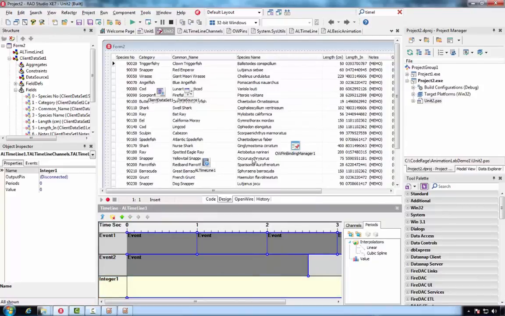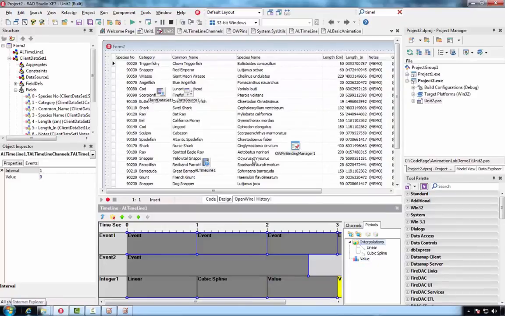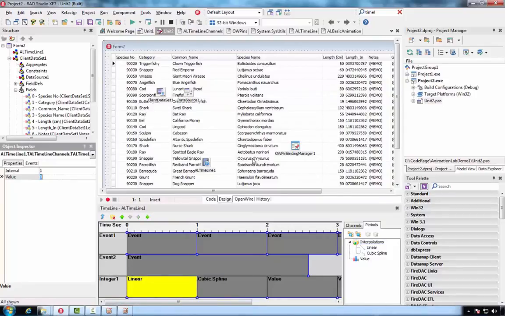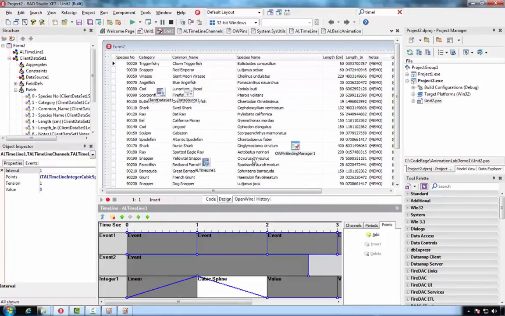For the linear, we'll add one linear period, one cubic spline period, 2 value periods, and again one linear period. We'll set the value to 27 for the first linear period. For the cubic spline, we'll add 2 points.